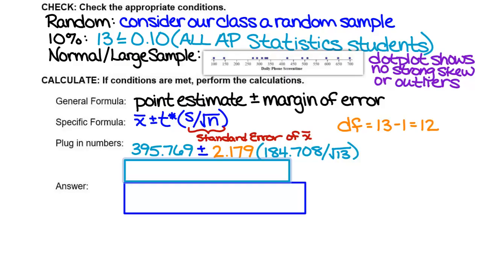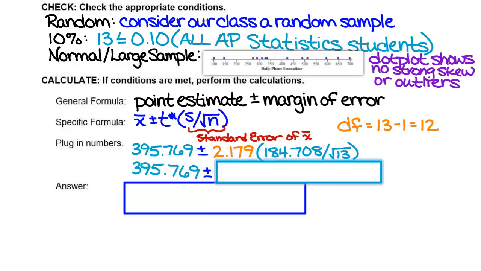What do we get for the margin of error? Again, I know x bar stays the same. Yes. Got 111.628. If you rounded slightly differently on the x bar and on the standard deviation, your numbers should be close to mine, but it might not be exactly the same. I used the exact numbers that we got